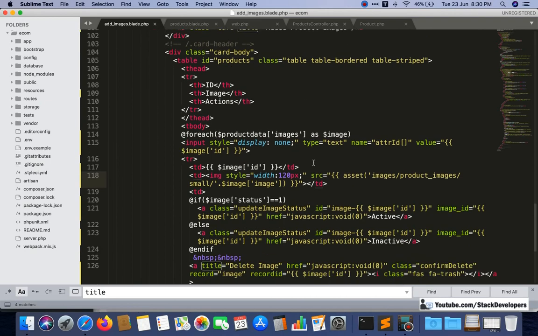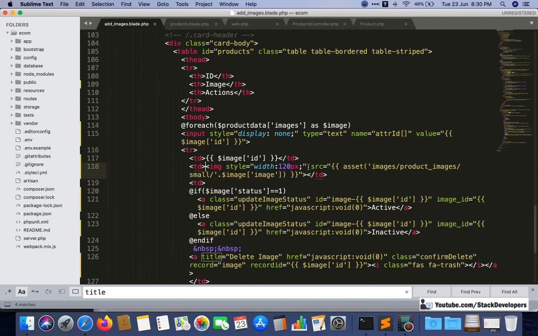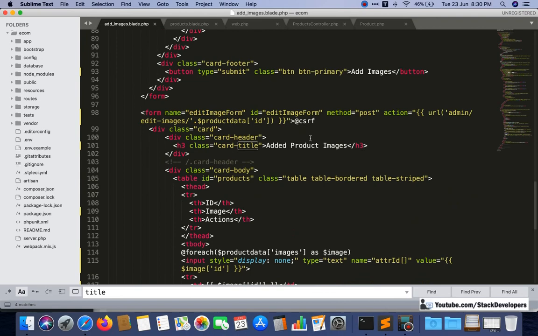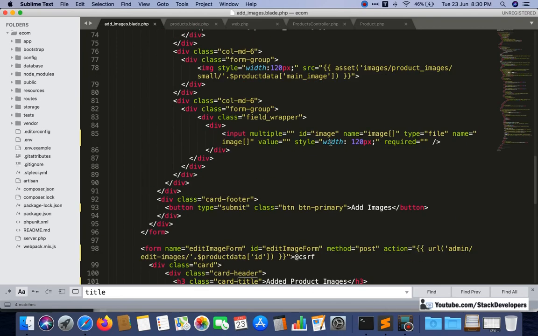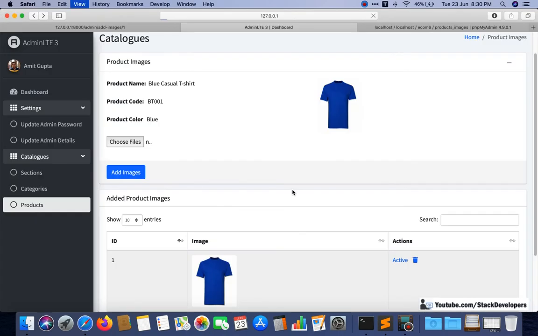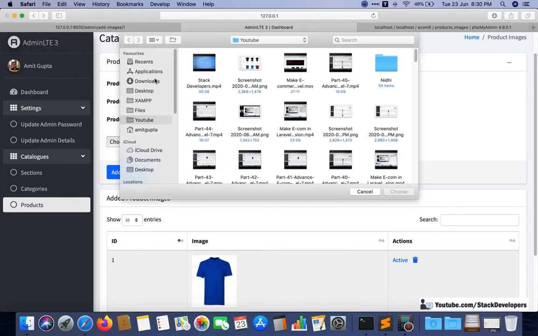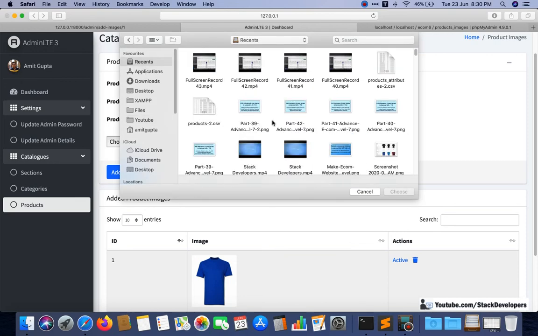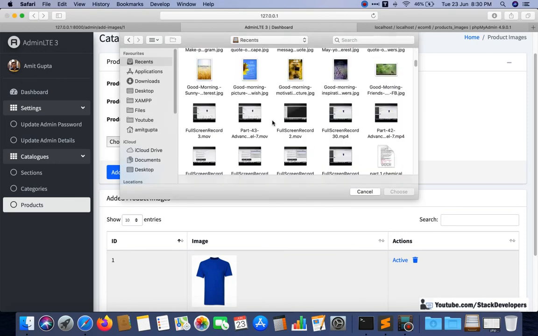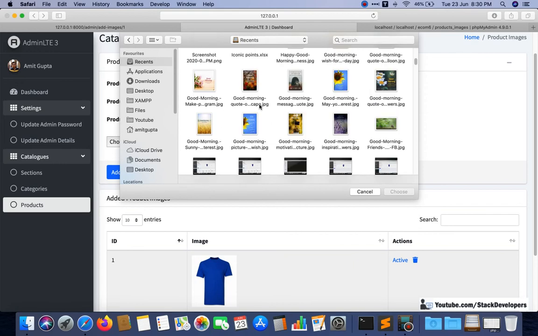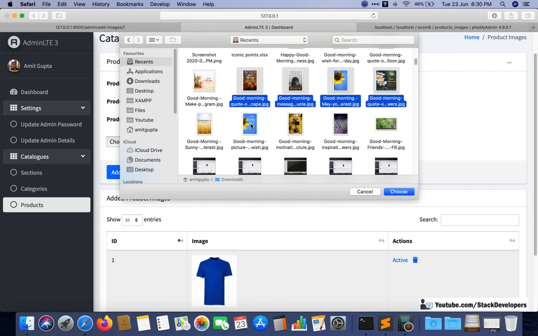See what is coming up here. I want to check out that image script. This one I'm going to remove. This one also is not required, and we can do like this. Okay, choose file, no file selected. Now multiple files you can select. Okay, multiple images you can select. If you have images, you can select those. Like I just want to select C3, 4, as many as you can select.